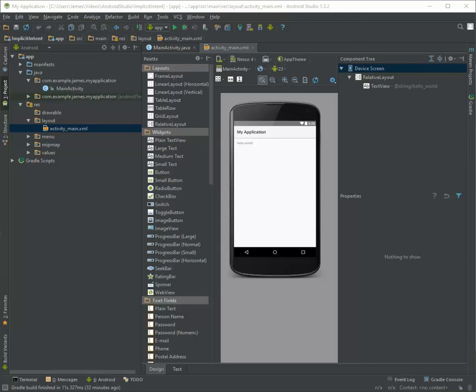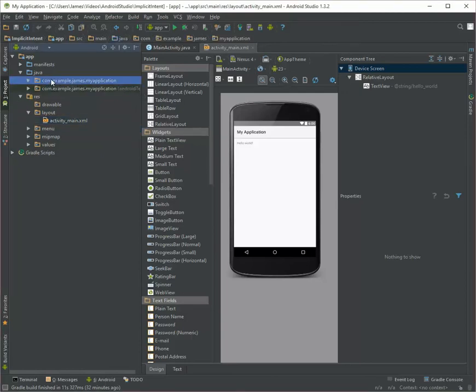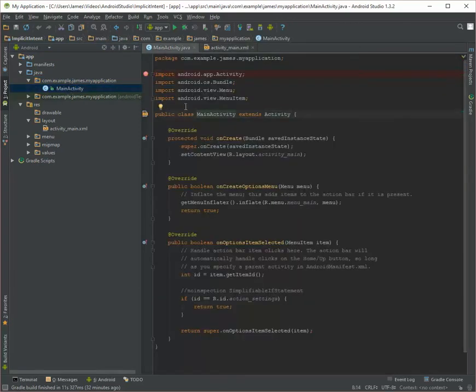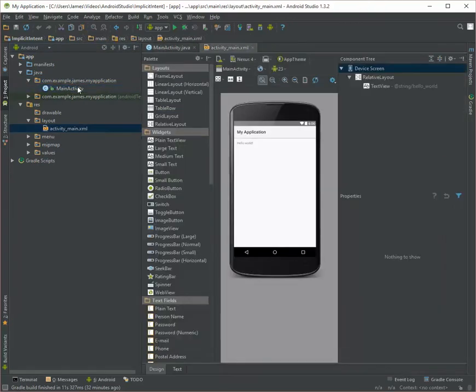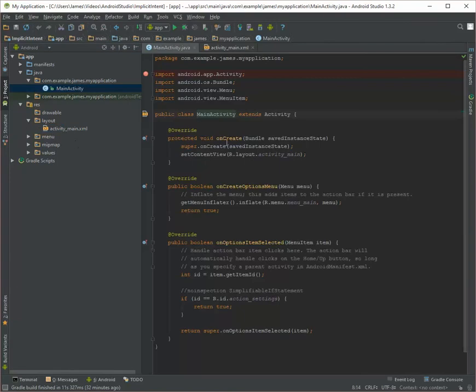Hey everybody, in this video we'll take a look at using a common intent in Android to call up a map with a specific location. So here I have just an empty app and you can see I've got just a single Java file with a main activity, and here's the corresponding layout, and we call this XML layout right here using this set content view call inside the